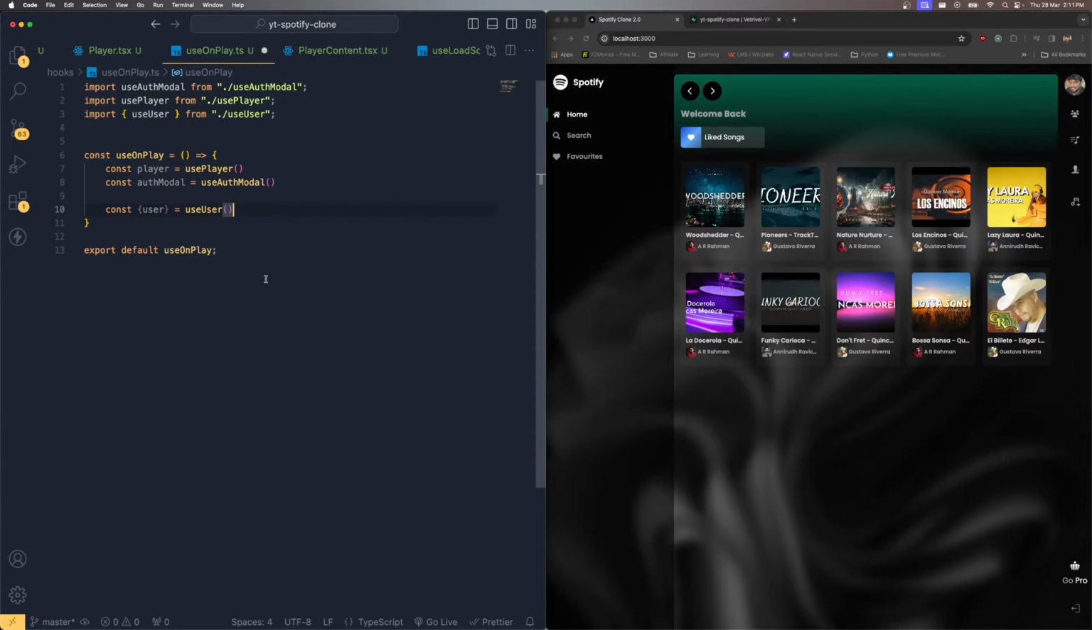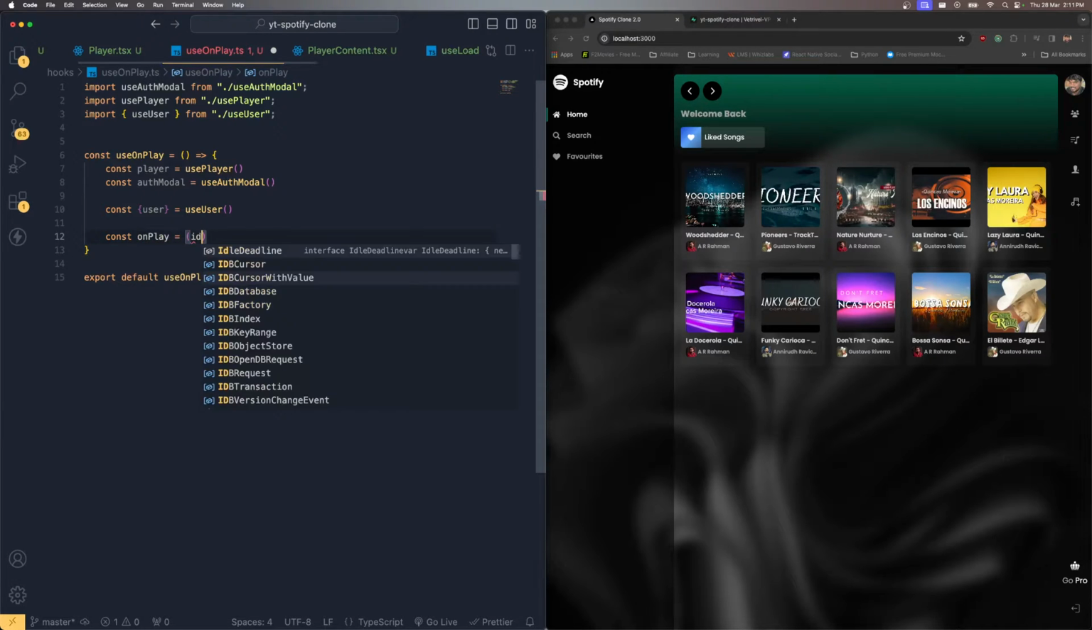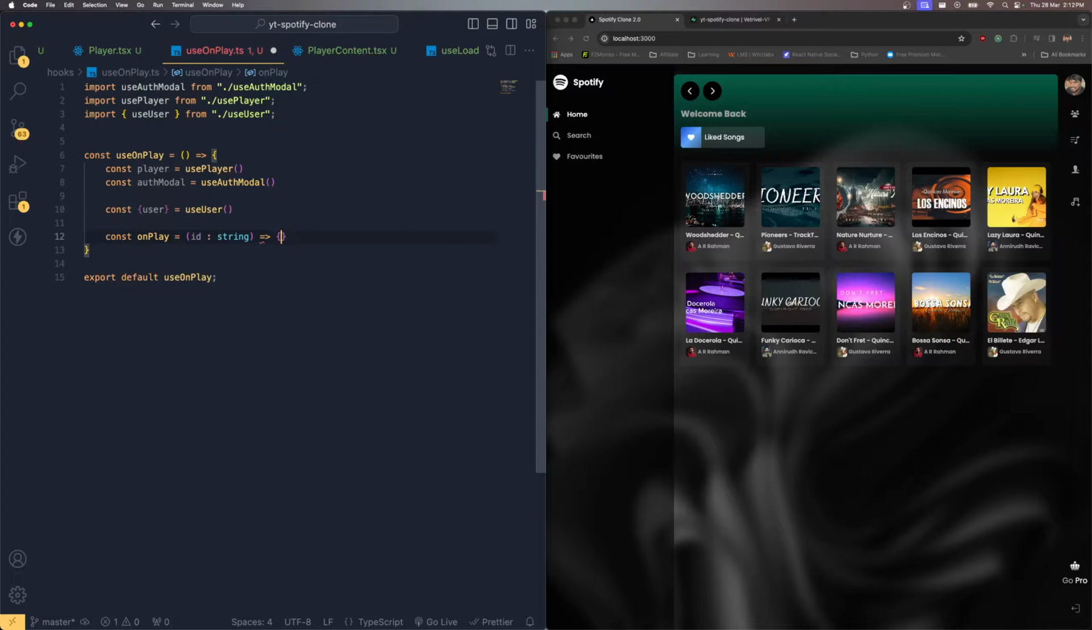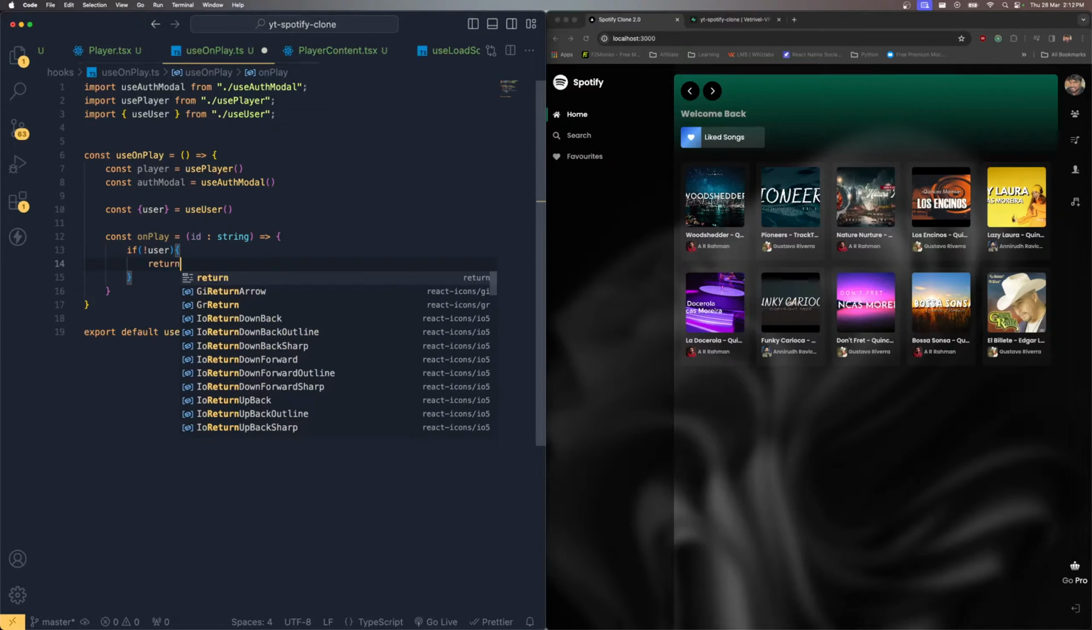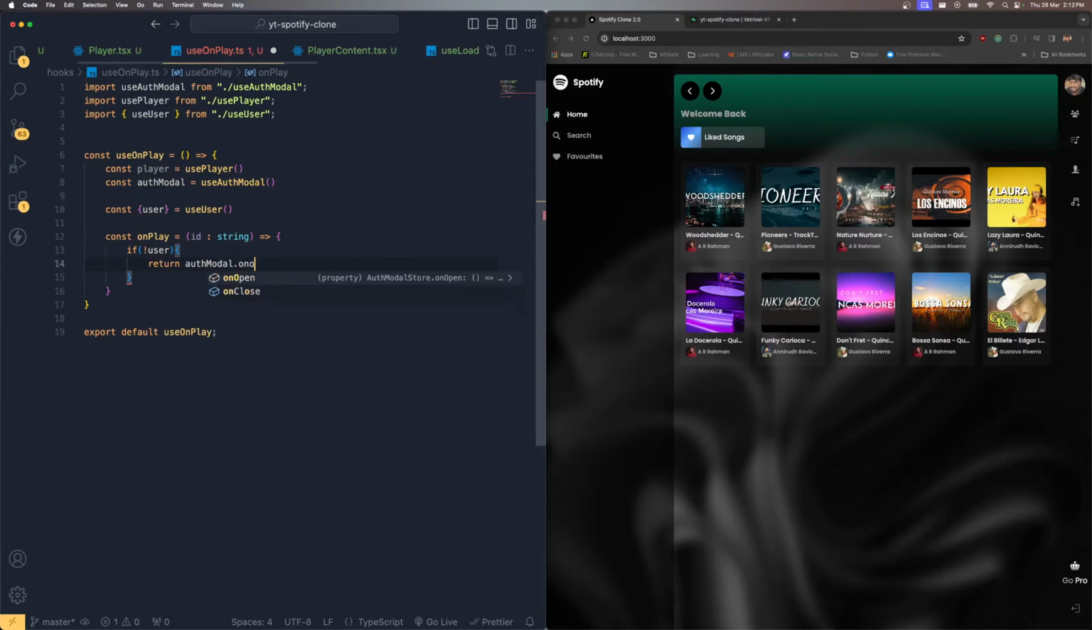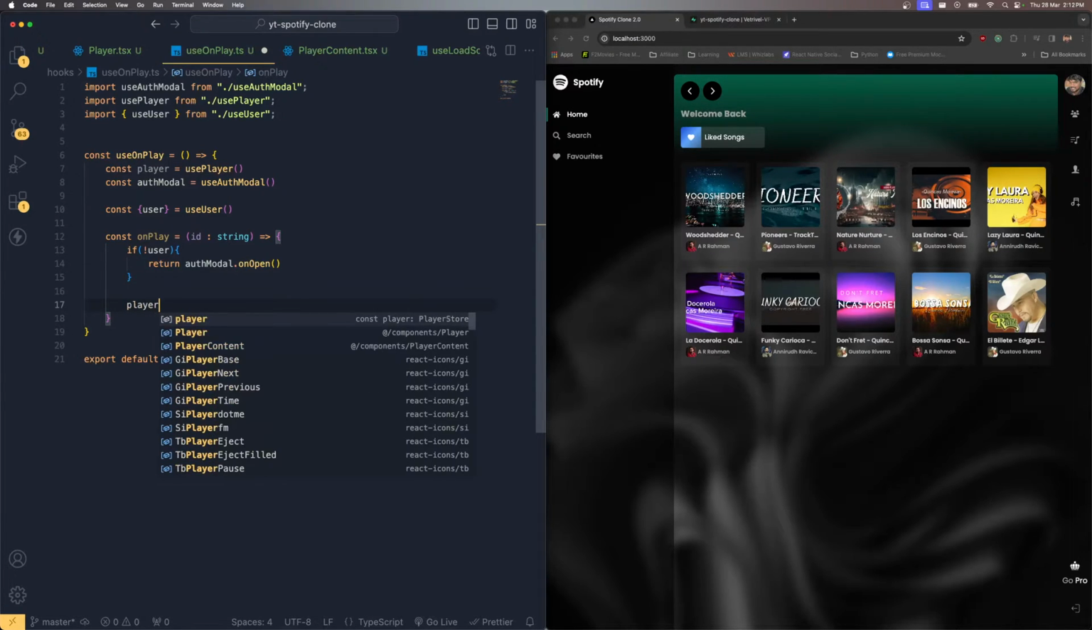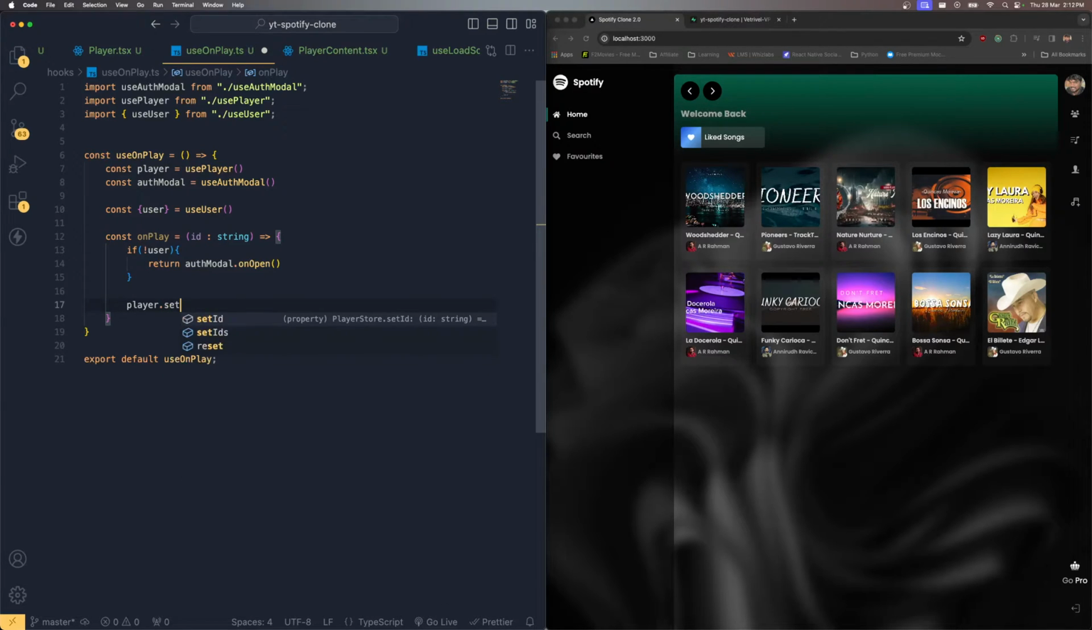All right, so now we have all the necessary information, and inside here I'm going to create a function called onPlay, which is going to take the ID as a string type. If I don't have the user object, if not user, return authModal.onOpen. So we are going to open the auth modal so the user can authenticate himself, then he can load those songs and listen to the music, right? Then right after that, from the player I'm just going to set the active ID. So setId, which is going to be the ID which I'm passing to this onPlay function. Then set